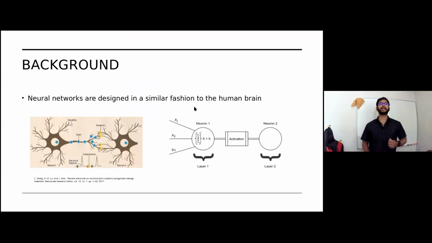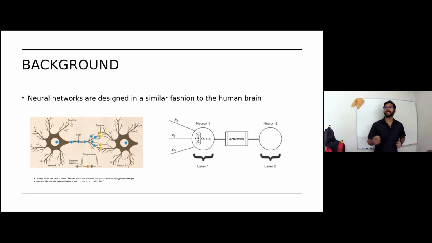Essentially, neural networks are designed in a similar fashion to the human brain. On the left-hand side, you can see a visual representation of cells in the human brain, where one neuron that's been activated for some reason sends an electrical signal to another neuron. It's sent via some electrical impulse. Well, it's not as strong as a car battery, but it also exists. So you have some kind of strong electrical impulse going between neurons.